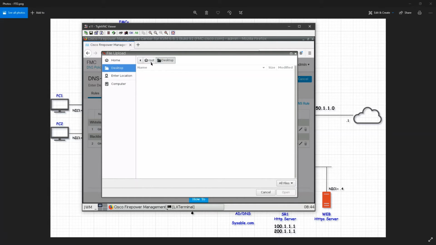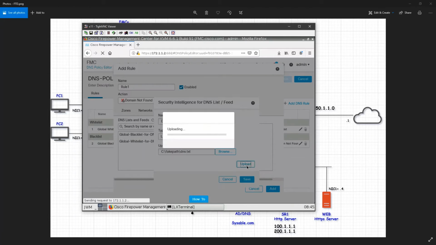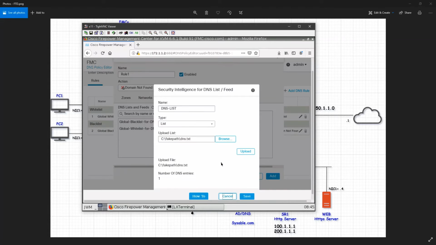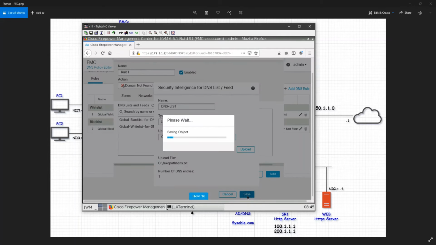And if I go to my desktop or root, I can see downloads and the dns.txt. I will select that one, click on upload, and you see that the number of domains found is only one. If you have multiples, it will cross check that and give you the exact number. Click on save.